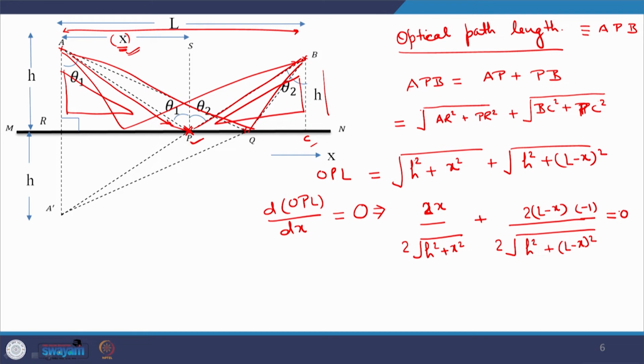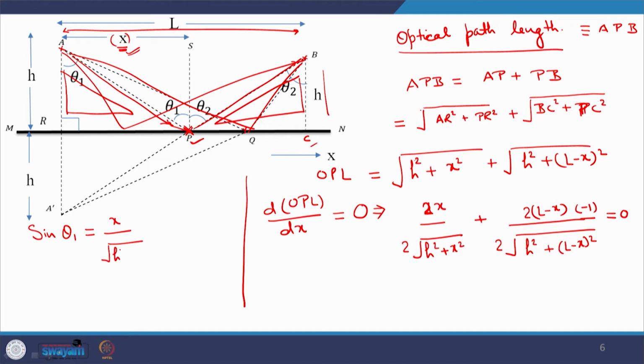Okay. Now, if you see in the figure and check what is theta 1, then you can see that, let us calculate sin theta 1. Sin theta 1 is equal to x by